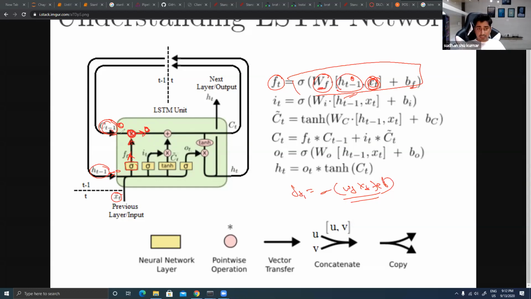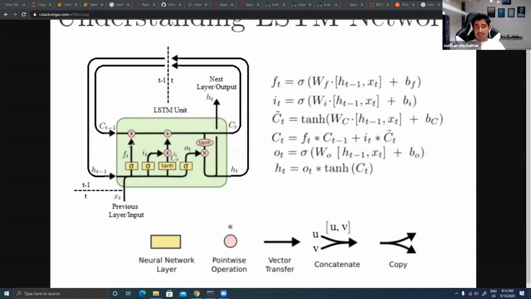Now, this is one of the gates. This is called a forget gate. It will help to change the context vector, or change the effectiveness of the previous one.